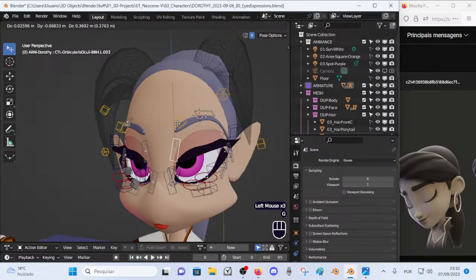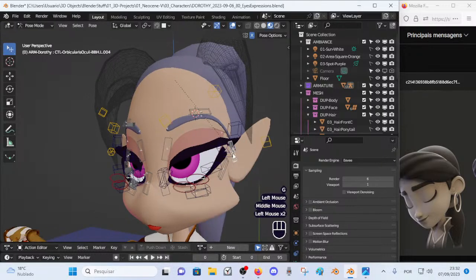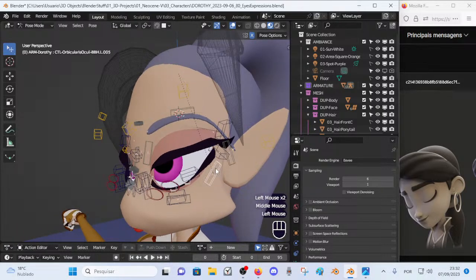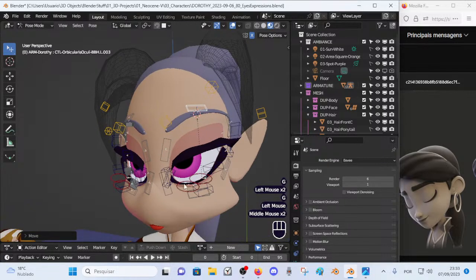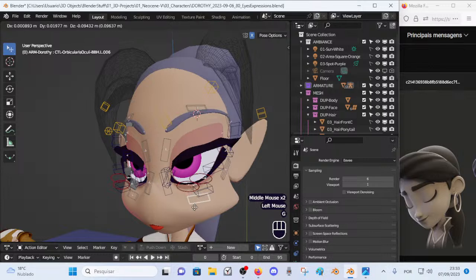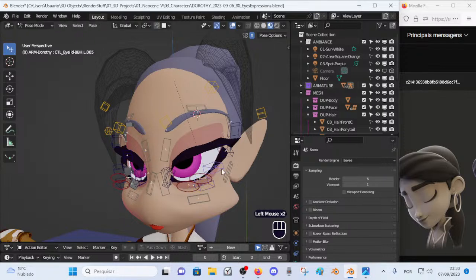Eyebrows, they don't need to go down. Here we can leave this down. This sort of relaxed, so the bottom eyelash could